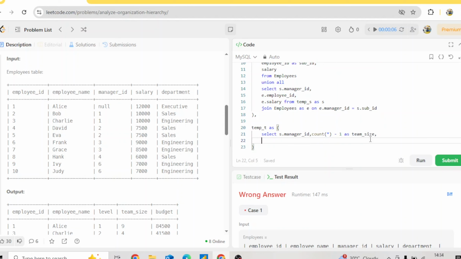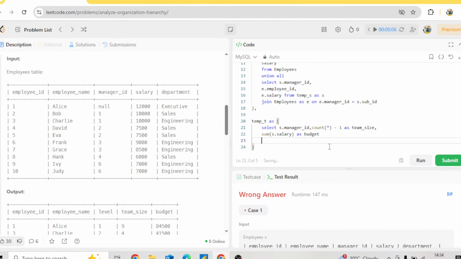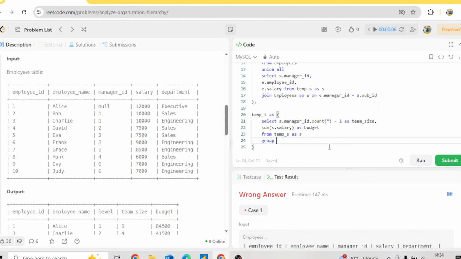And then this is budget, so I will say sum of the salary as budget, and then from temp_s as s. Okay, and then I'm going to group it by